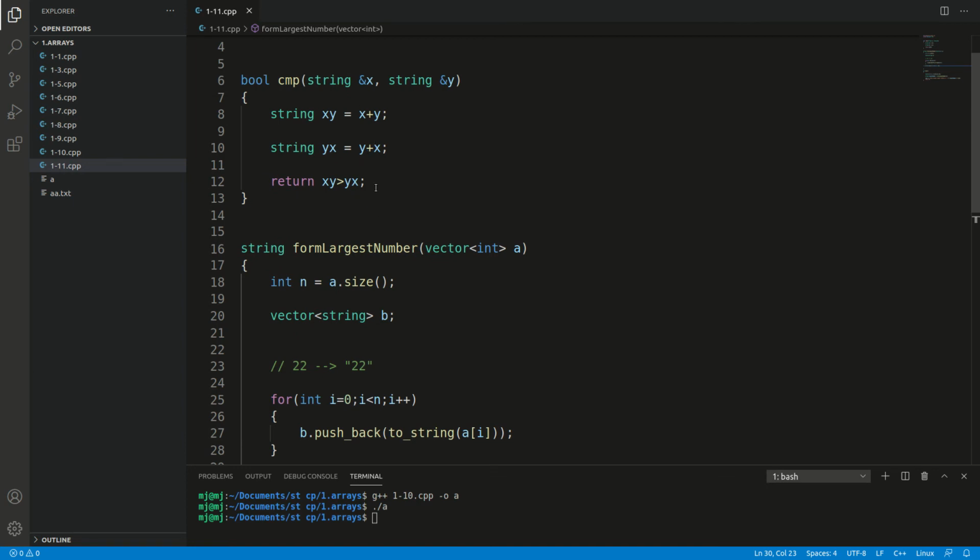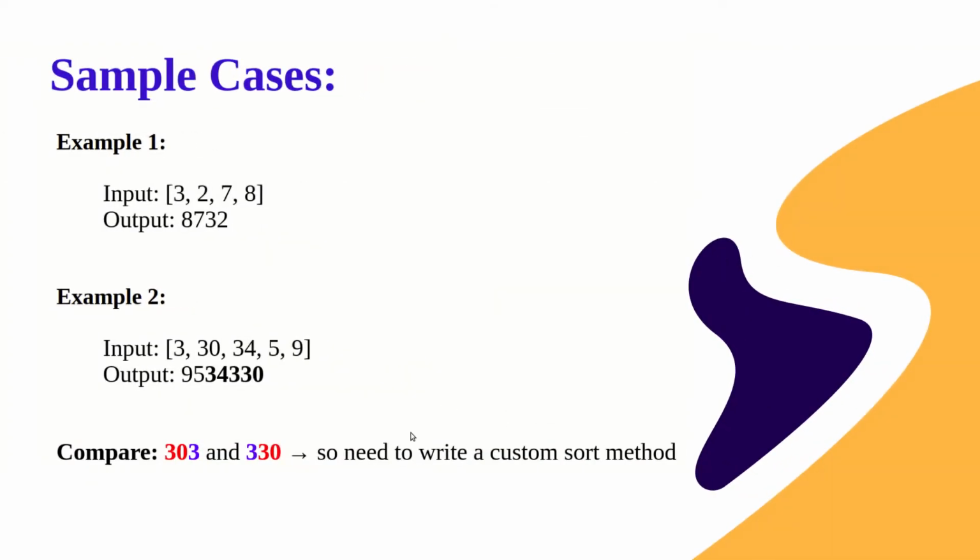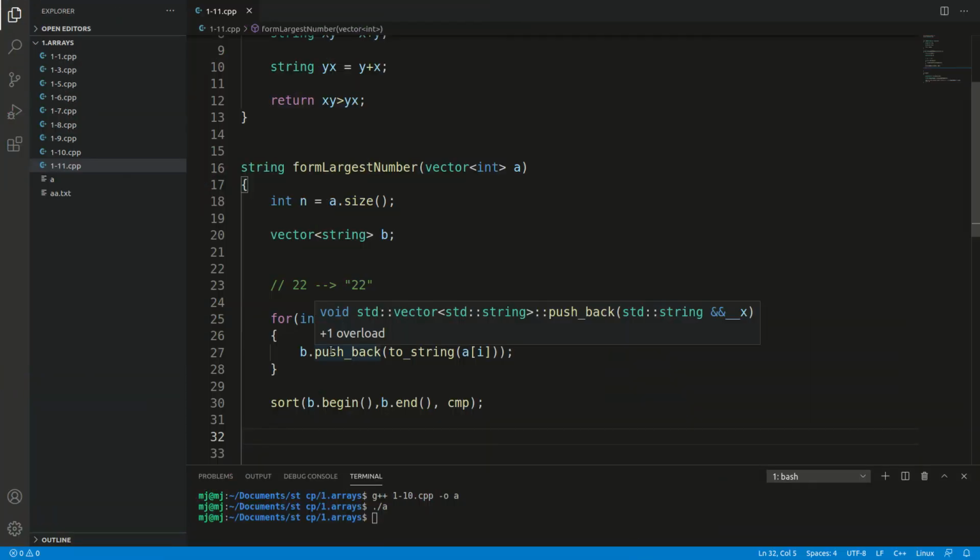It might be a bit complicated at first, but as we keep writing these custom sort methods as per the need, it will become more and more clear. So spend some more time understanding this logic and it will help you a lot. This is a very crucial step while writing competitive code in C++. We need to compare and sort the elements on the basis of the requirement and not always in increasing order. After we have sorted the strings, we just need to append each of them to form the largest element.